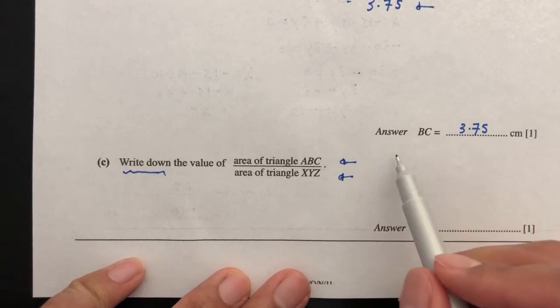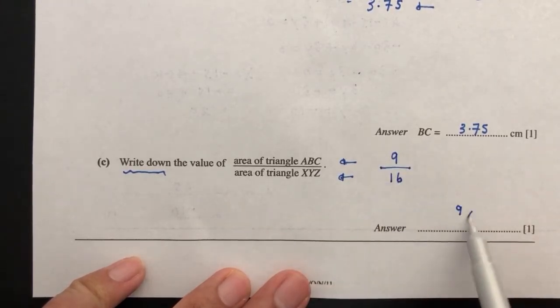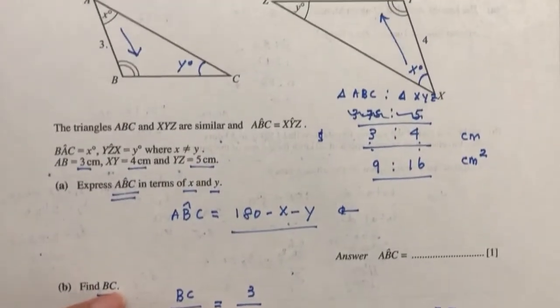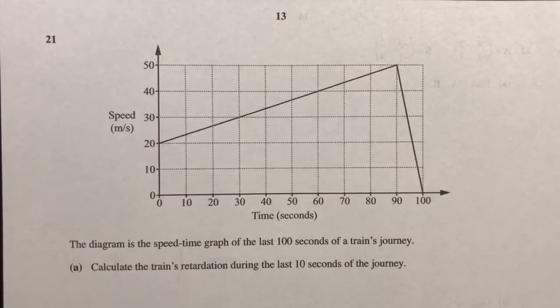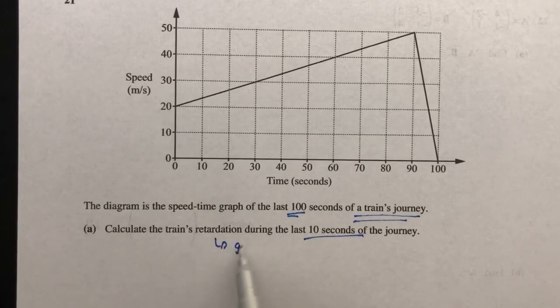Triangle ABC will be 9. Triangle XYZ will be 16. That will be your answer for part C. And that is question number 20. Question number 21. The diagram is a speed-time graph of the last 100 seconds of a train's journey. Okay. Part A. Calculate the train's retardation during the last 10 seconds. So when we have a speed-time graph, retardation is equal to the gradient